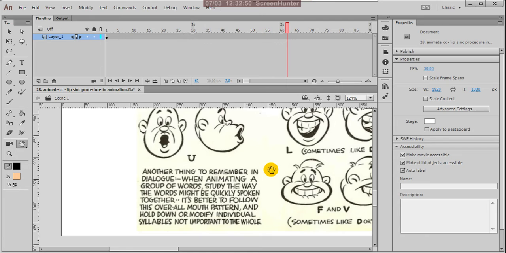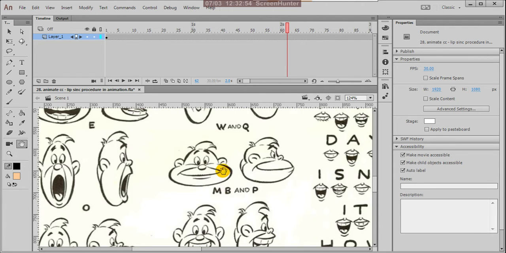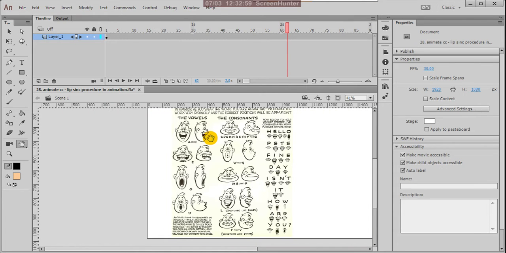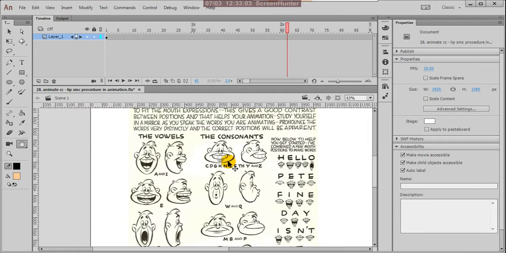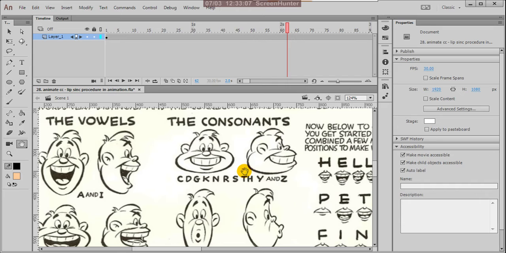Okay, and these are the vowels: A, E, I, O, U. The remaining ones are consonants; except these five letters, the other letters are consonants. Here you can check again in your mirror.